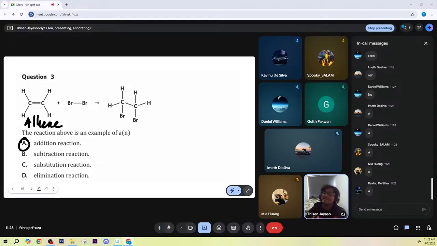Alkenes only undergo addition reactions. That's the best way to remember it. Alkenes only undergo addition reactions. They don't undergo any other types. So if anyone said subtraction or elimination, I'd be kind of disappointed because we haven't even spoken about them before, and we're never going to. And this isn't a substitution, because substitutions happen to